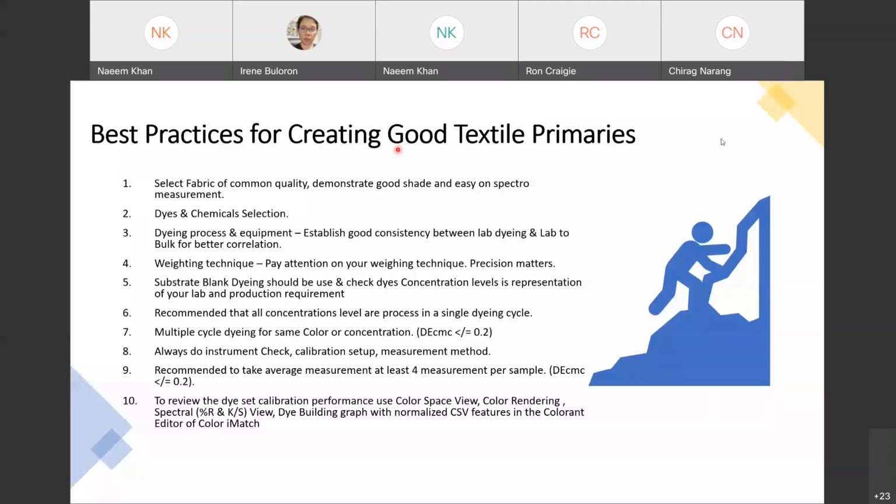Second, dyes and chemical selection. So in textile, we are working on two levels. One is lab, one is production, and basically we are preparing the database or preparing the primaries at lab level,